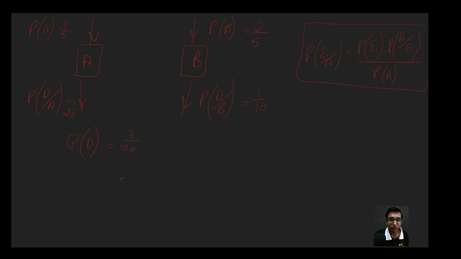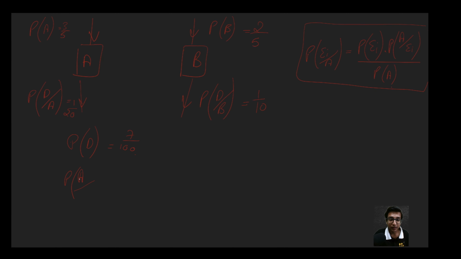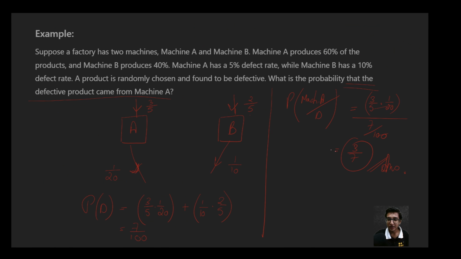Now in this question, what was asked to us, we have to find out the probability that it came from machine A given that the product was defective. We had to find P(A given D). So what would the formula transform into? Probability that machine A has been chosen into probability that a defective piece has been chosen given that A has occurred, upon probability of defectiveness. So upon putting the values in this formula, we are going to get the same answer which we calculated here,